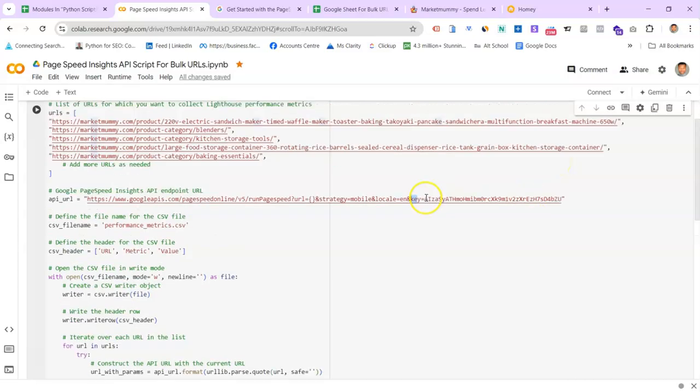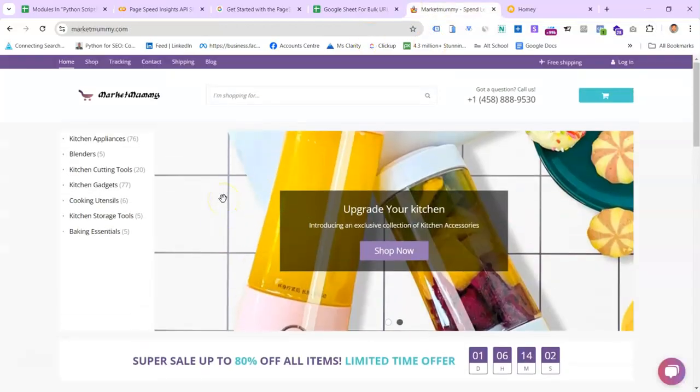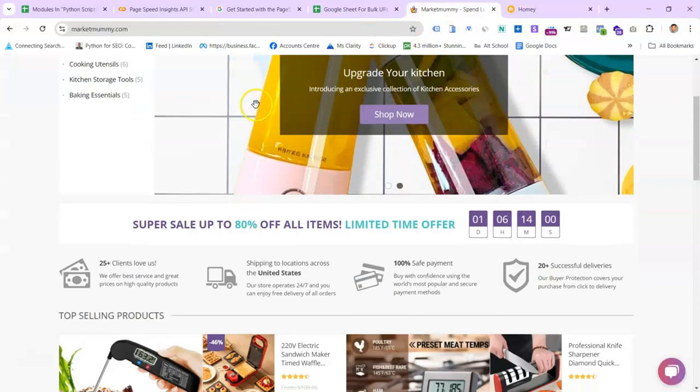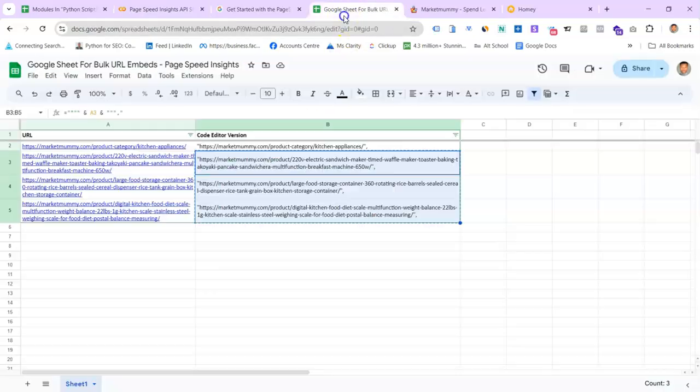Once you embed your key, you need to have a list of URLs that you want to inspect. I have total access to this website, so I want to inspect some of the URLs there, and that's why I listed them here. You can list as many URLs as you want, and if you need to list hundreds or thousands of URLs and it's proving cumbersome to list them one by one, then I'm going to also provide